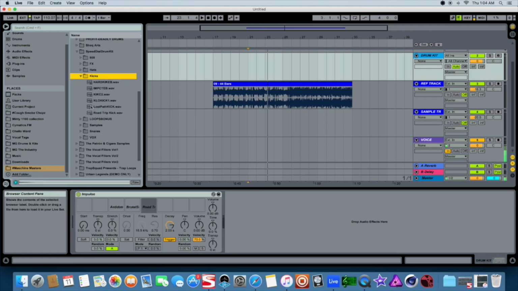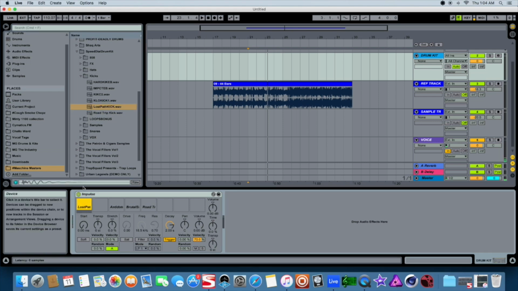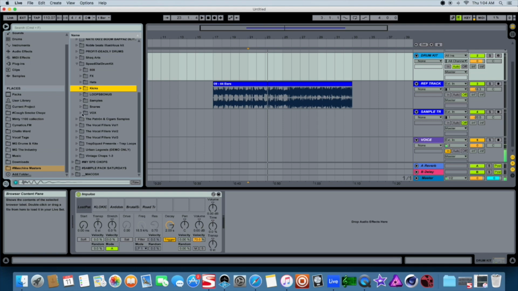And I'll go through and I'll find some deep kicks. And remember, when you use an impulse, you have a lot of options. Like if you don't like the tone of that kick, or if it's in the wrong pitch, you can go ahead and stretch it. Or if you want, you can transpose it down a step. But for the sake of this video, I'll go ahead and fill this rack up